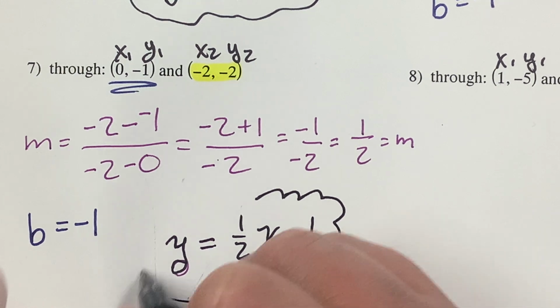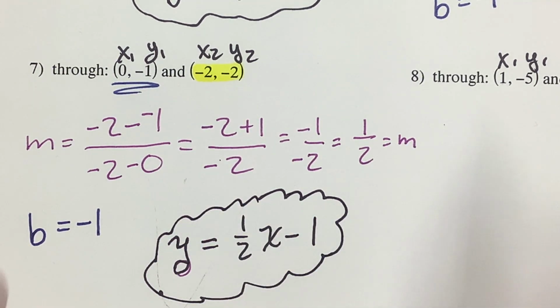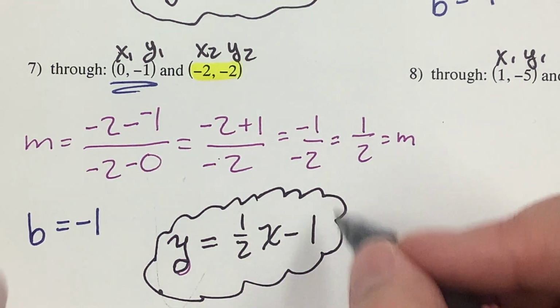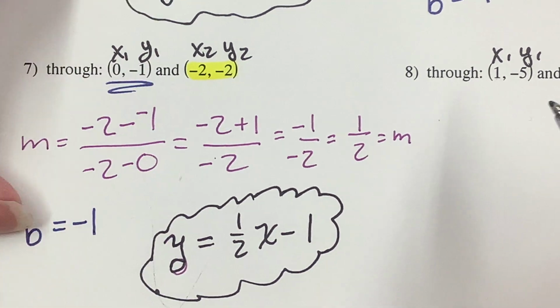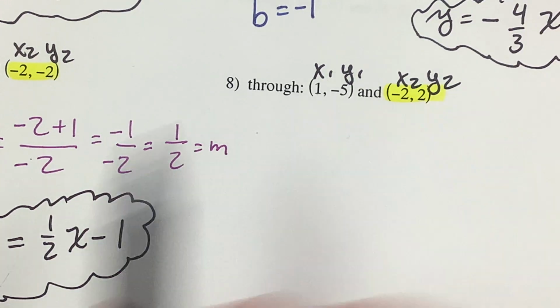If you wrote plus negative 1, that's okay. Just change it, because this is better. Single signs are always better. All right, next,